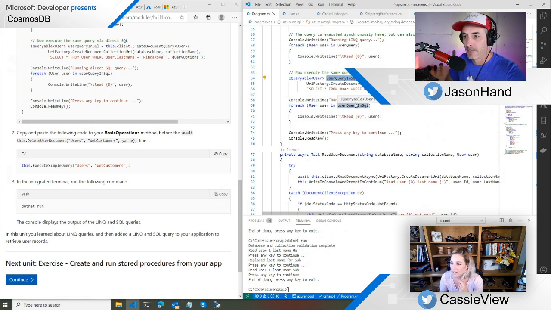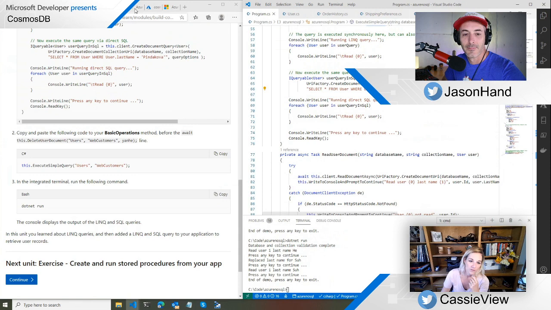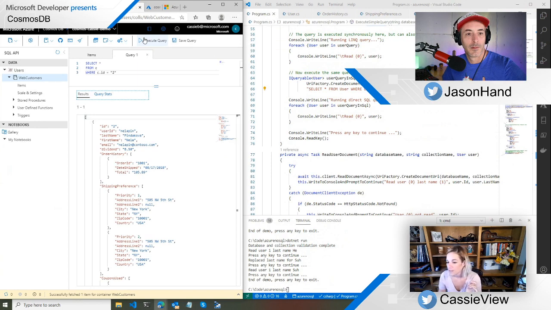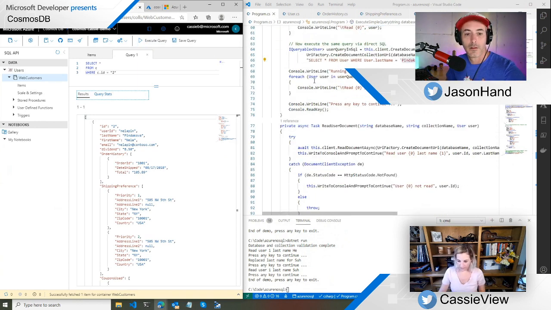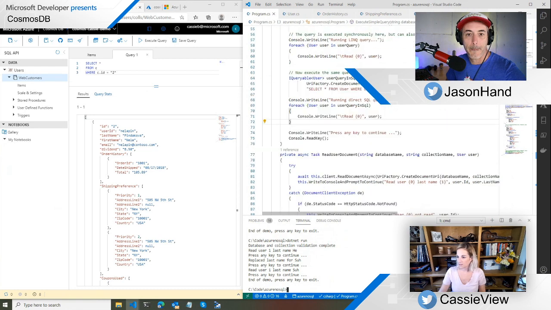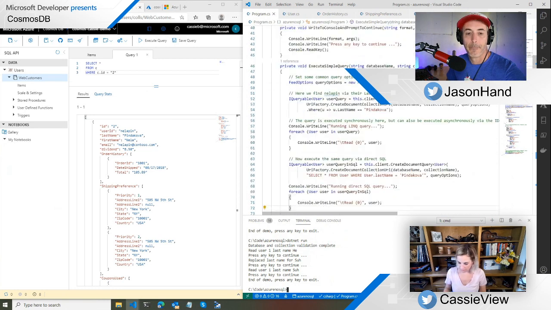So I think, does this user still exist? I think that was the user 2. Let's just make sure so we actually get a result. Yeah, okay. Yeah, and it's just gonna read it out. So let's see. I don't see any partition key because it's going by last name, so we shouldn't have that issue on this one.